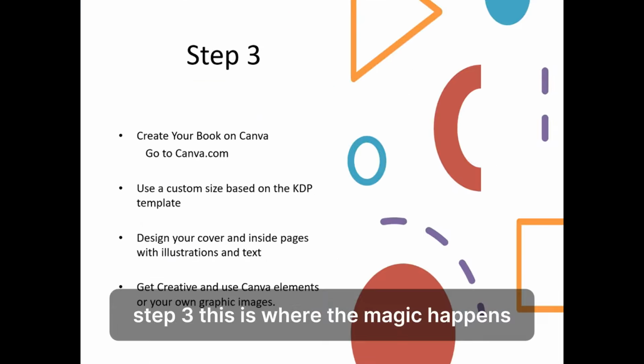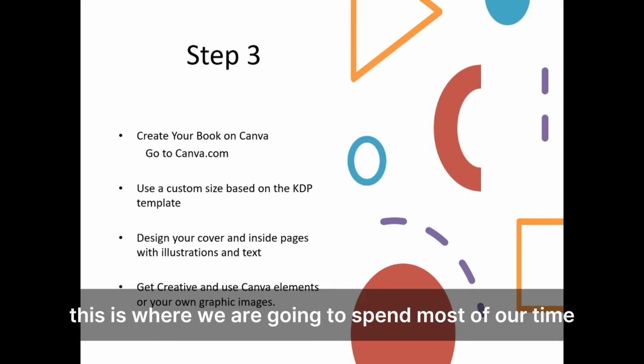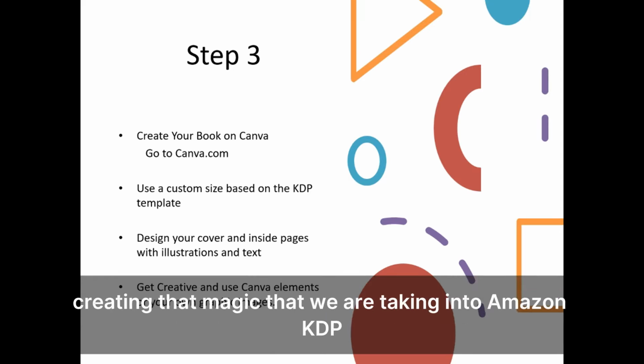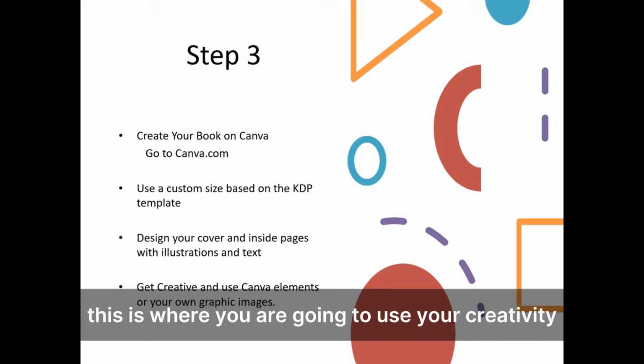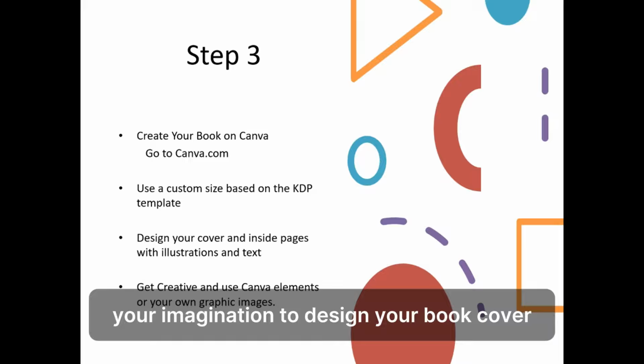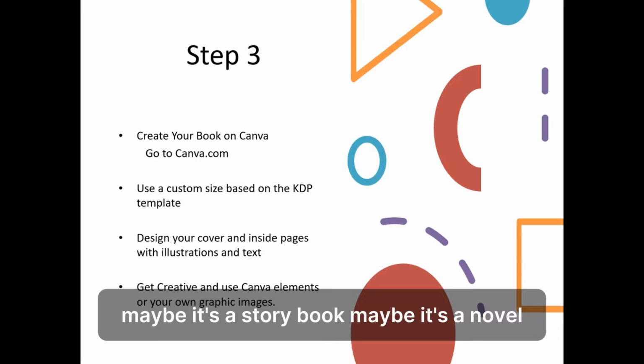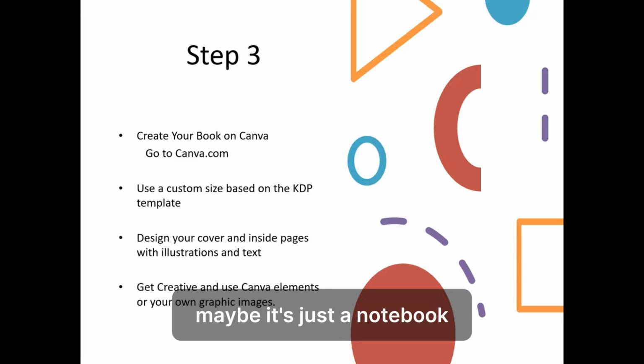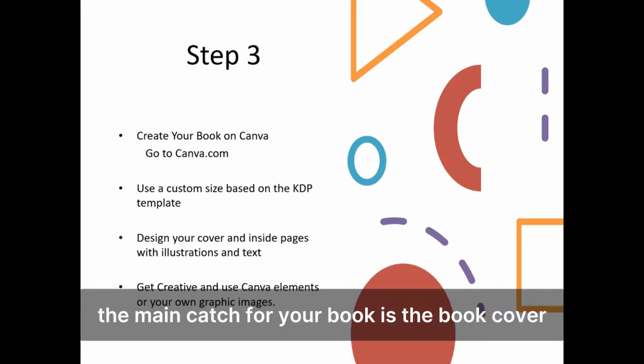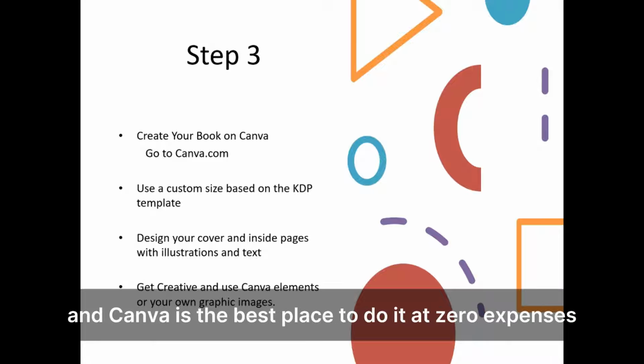Step 3, this is where the magic happens. This is where we're going to spend most of our time creating that magic that we are taking into Amazon KDP. This is where you're going to use your creativity, your imagination to design your book cover. You already have what you want to put in the interior. Maybe it's a storybook, maybe it's a novel, maybe it's just a notebook. The main catch for your book is the book cover, and Canva is the best place to do it at